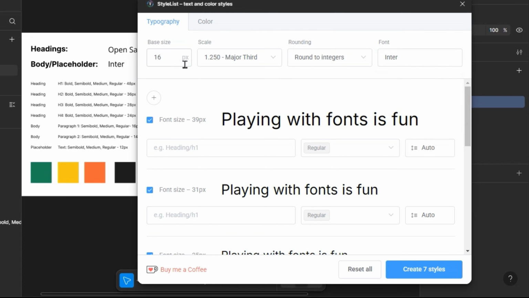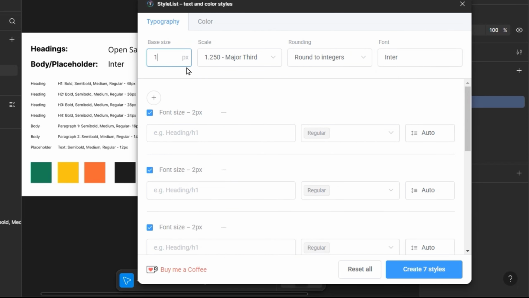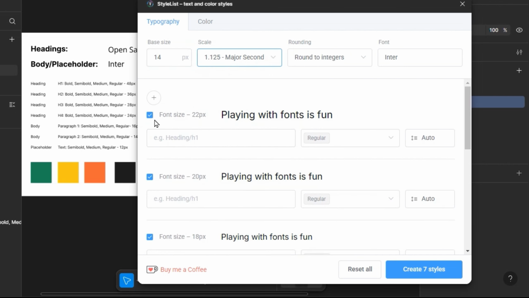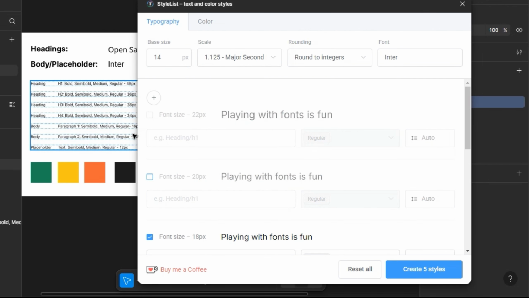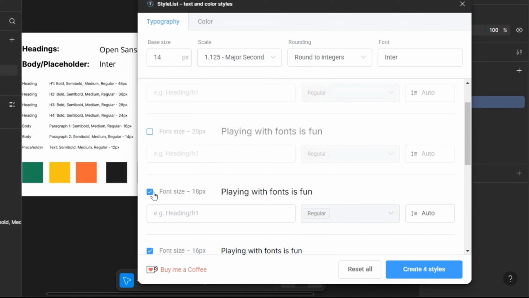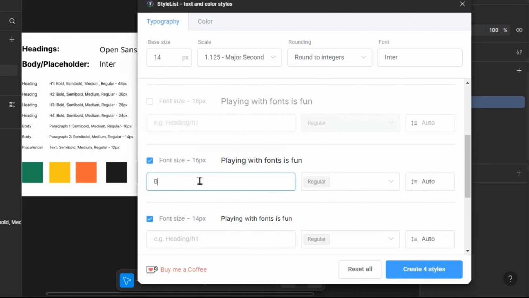So I'm going to use Inter. Let's change the settings. Let's use base of 14, just like we did before, and change this to major second. And then we're going to uncheck everything that is not relevant, because our body text is 16 and 14. So we're just going to do that first. So we have 16 here. So we are going to change this to body / paragraph